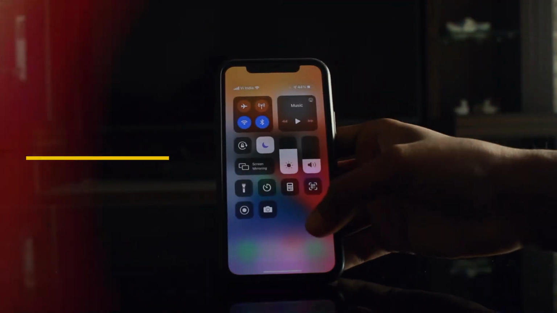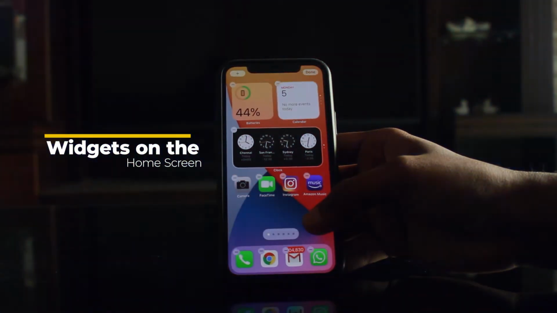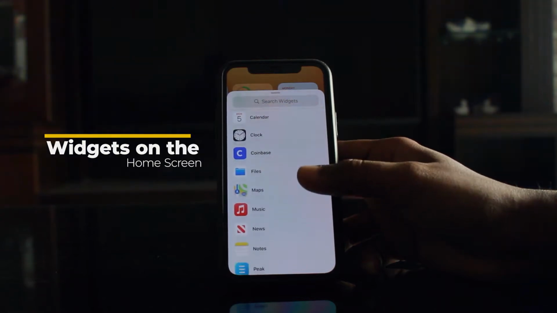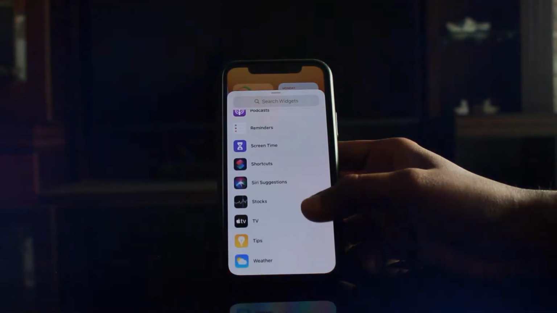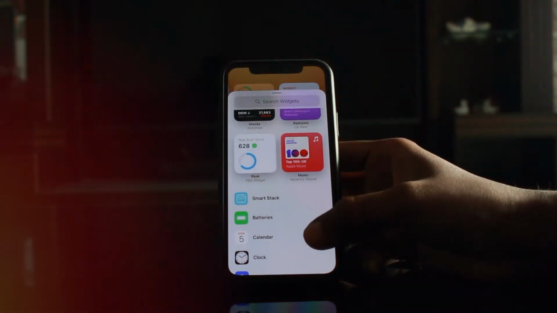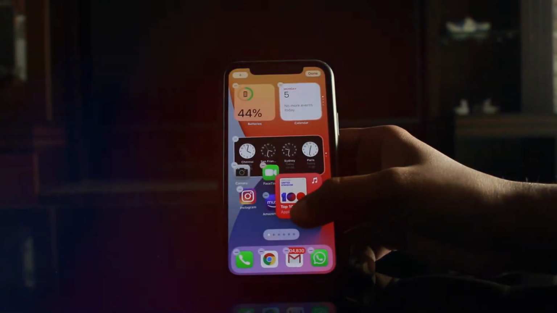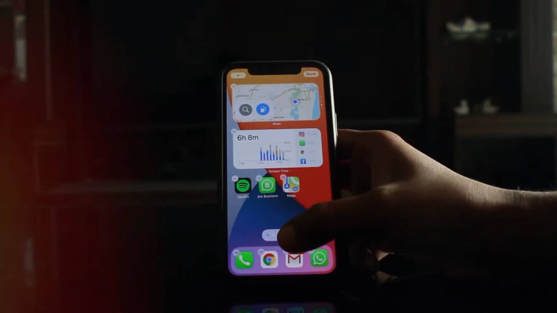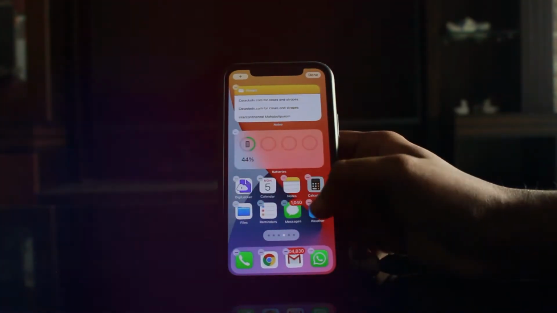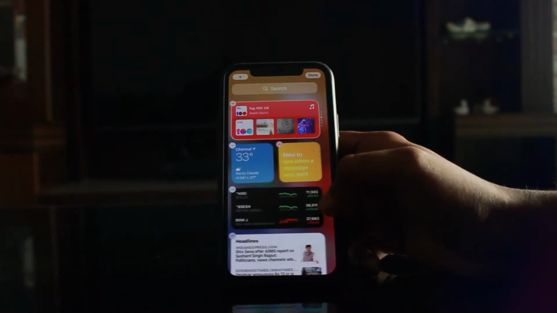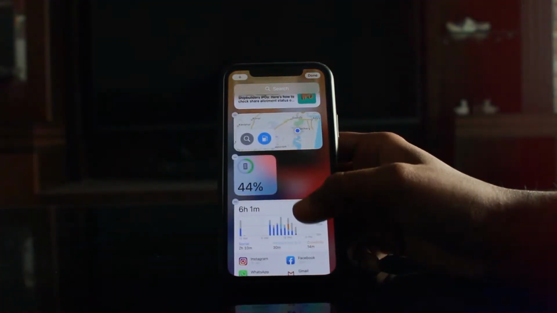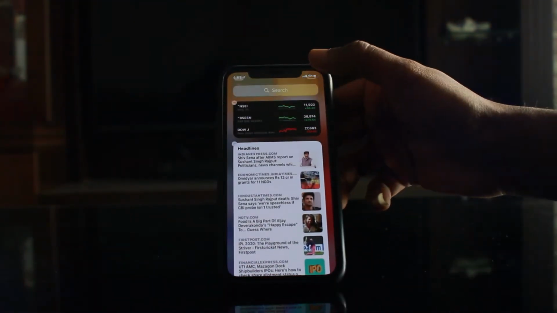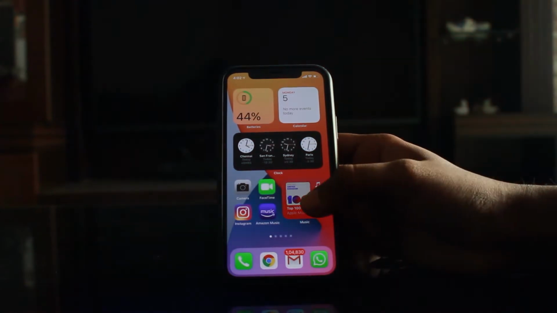Let's talk about all the features we have this time with the iOS updates, guys. So you can see here the home screen is totally different. We have a lot of widget options and a lot of customizations regarding widgets. So all these apps are there, and what we're going to see is how we can play around with the widgets. So I'm going to keep this music widget here, and you can see that the home screens are totally different this time. You can edit the widgets, you can remove the widgets from your home screen very easily. You can see here the news widget, the stock widget separately, how it's showing on the screen.